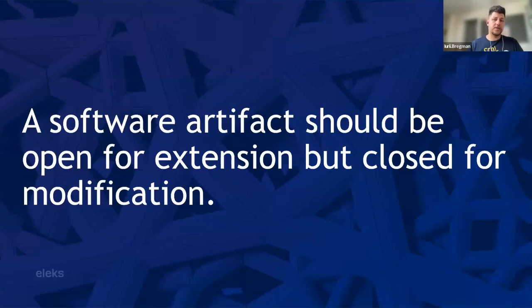In other words, the behavior of the software artifact ought to be extendable without having to modify the artifact. This, of course, is the most fundamental reason that we study software architecture. Most students of software design recognize the open-closed principle as one that guides them in the design of classes and modules. But this principle takes on even greater significance when we consider the level of architectural components.